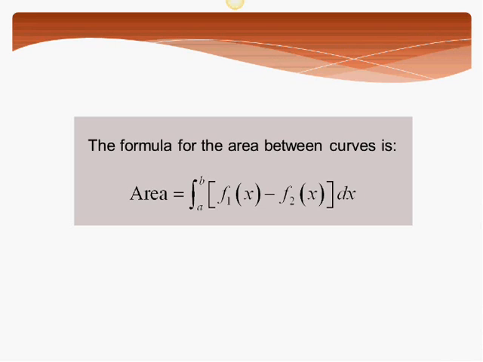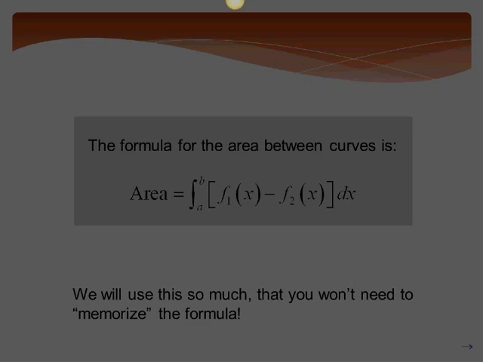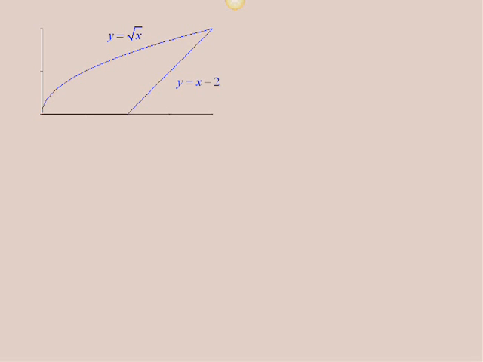So here is the formula to find the area between two curves. It's just the integral from a to b of the top curve minus the bottom curve, dx. We use it so much, you really don't even need to worry about memorizing it, because it's going to become second nature here. I have a couple examples. This first example,